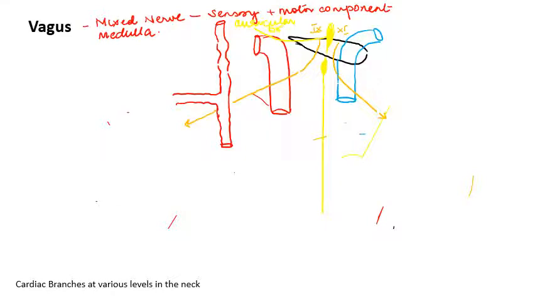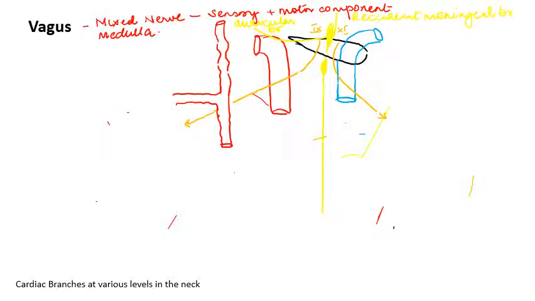is the branch which arises from the superior ganglia, and it supplies the skin of the external acoustic meatus, as well as a part of the tympanic membrane. It enters into the area of the external acoustic meatus through the tympanomastoid fissure. So the first structure is the auricular branch of the vagus. It also gives rise to a meningeal branch, which again goes through the jugular foramen backwards. So it's a recurrent meningeal